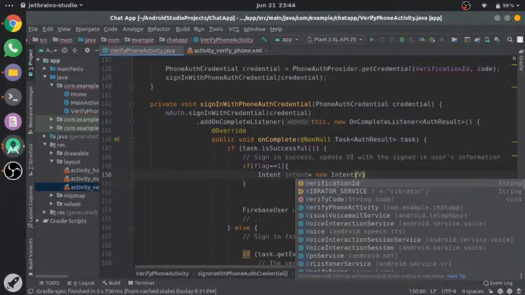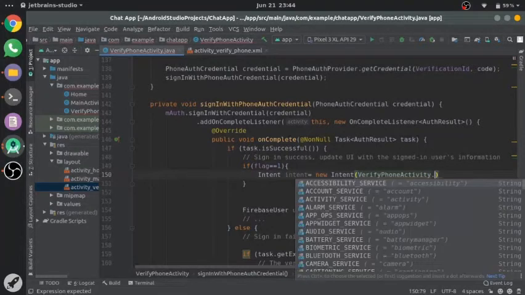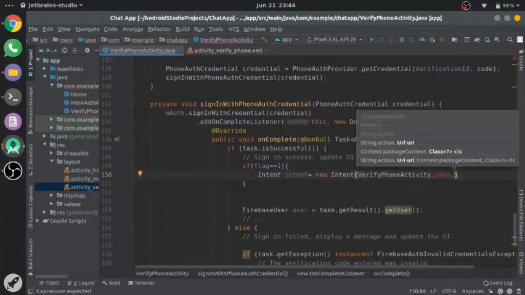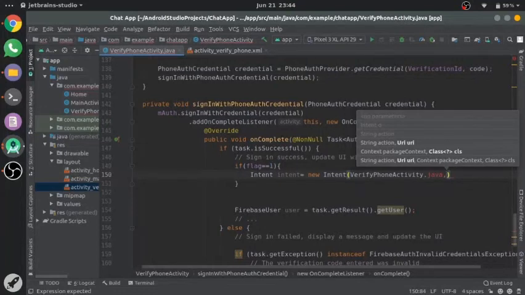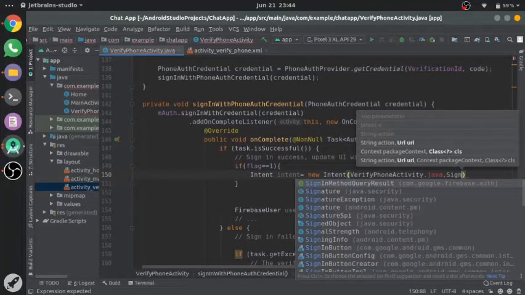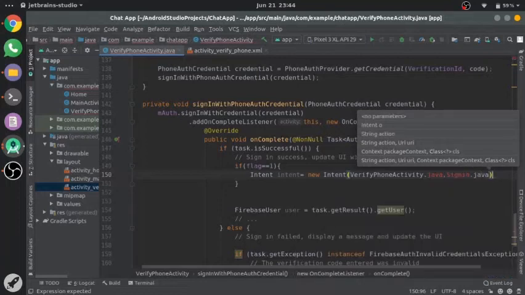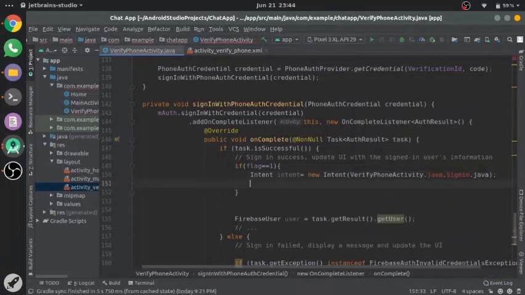Verify phone activity dot java to sign in dot java. We will be creating this activity.